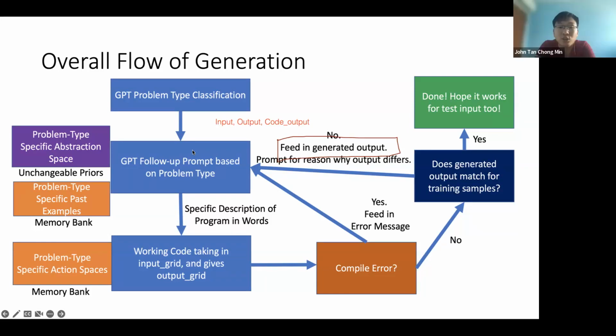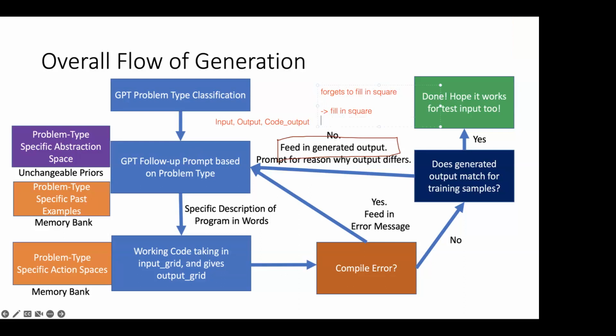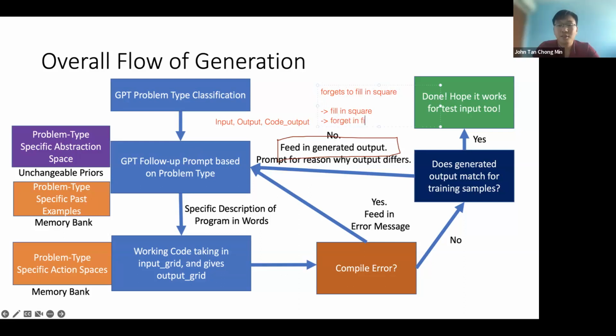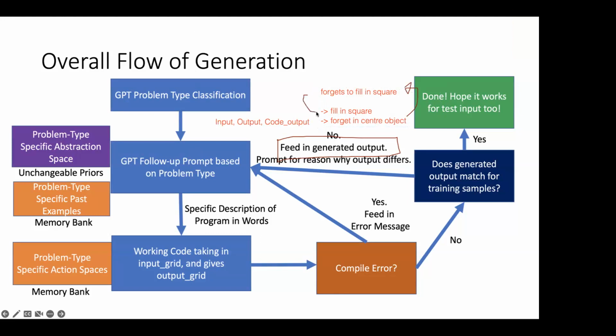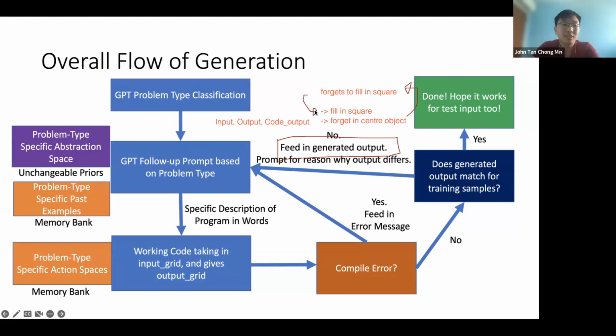Yeah. So I also see this issue whereby, let's say it sees that it forgot to fill in the square. So the next code will fill in the square. But then it forgets the previous instruction, forgot to center the object. Then it can just keep going in this loop like that and like that. Exactly. So this is a small issue with this iterative part, because of the way that we condition it. It just focuses on the problem, but it may not